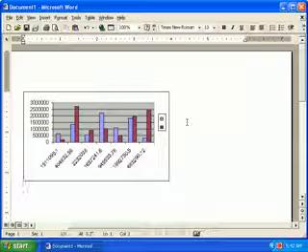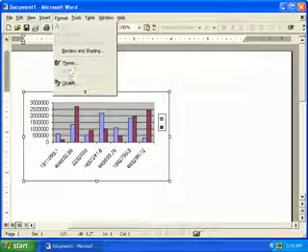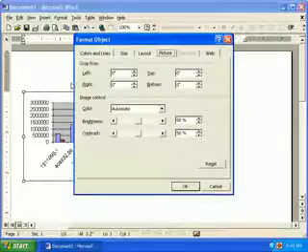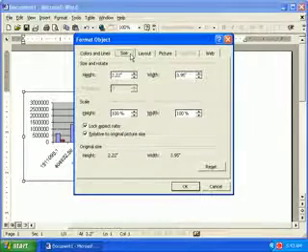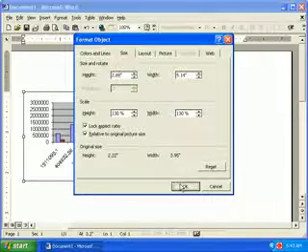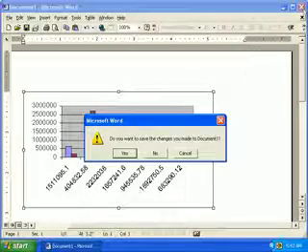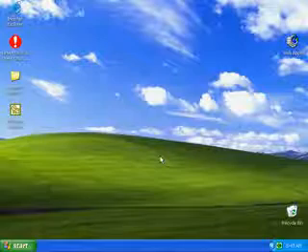and let's go to, we want the chart selected. Let's go to the Format menu and Object, and let's click the Size tab, and let's change the 100% under scale for height to 130 and OK, and that sizes it just about right. So now we can close Word and don't